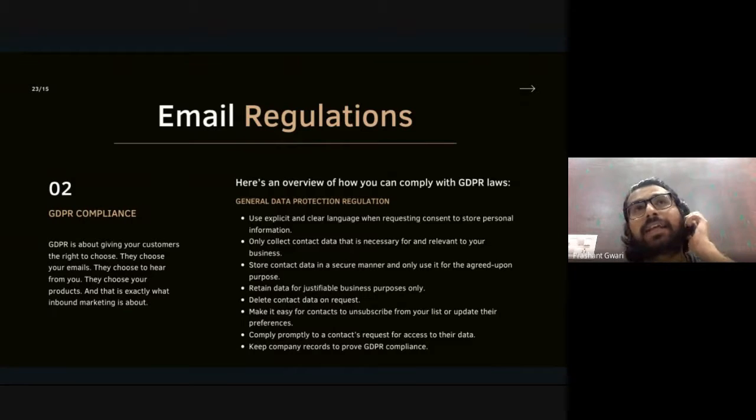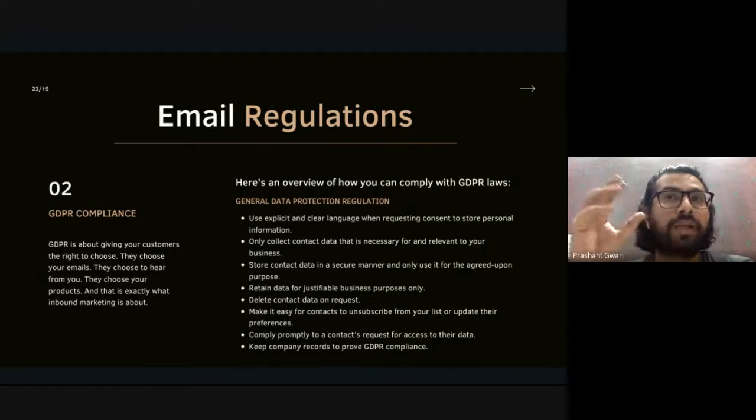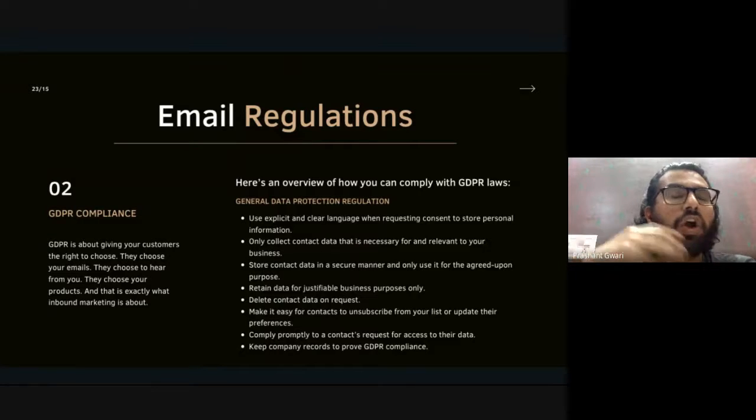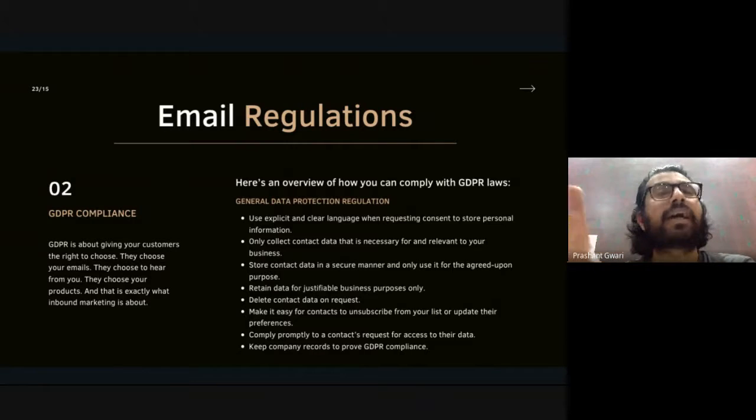So it's not like there is some kind of a mechanism going on the tools, or maybe the government is watching whether you are following those guidelines or not. No, lots of the companies or email marketers are not following the GDPR guidelines, but they can ask you anytime to submit the GDPR compliance to the authority. So you have to keep the record of all the GDPR guidelines, where you are securing the data, what is your privacy policy, what are your terms and conditions, are you providing them an unsubscribe option or not. All the information you will keep ready.